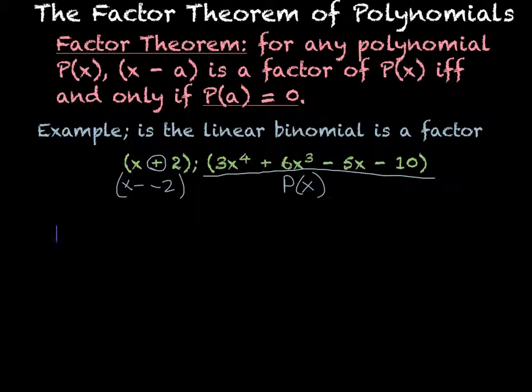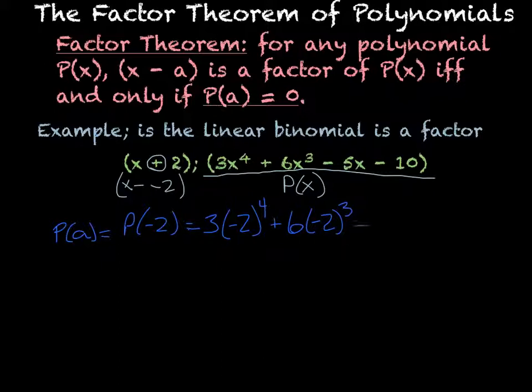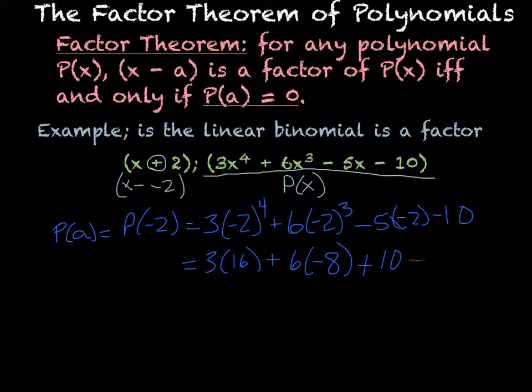So if I plug it in, p of a equals p of negative 2, which equals 3 times negative 2 to the 4th plus 6 times negative 2 cubed minus 5 times negative 2 minus 10. So that's going to give me 3 times 16 plus 6 times negative 8 plus 10 minus 10. If we simplify that further, it's 48 minus 48